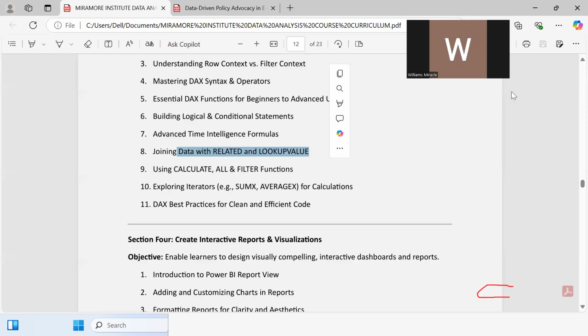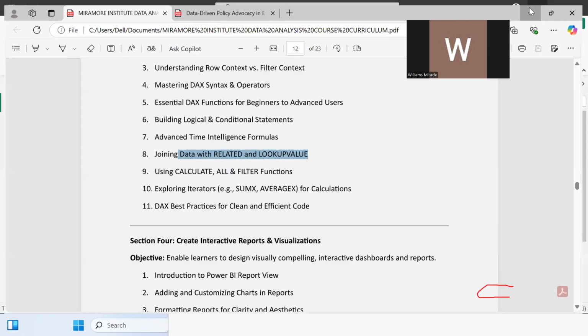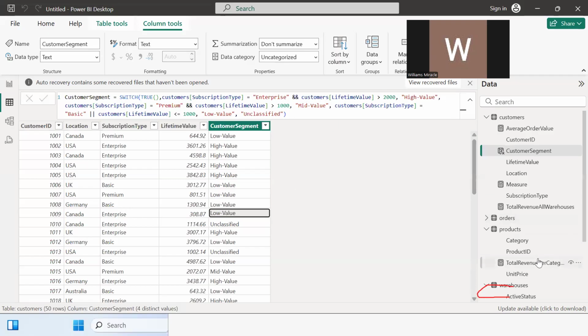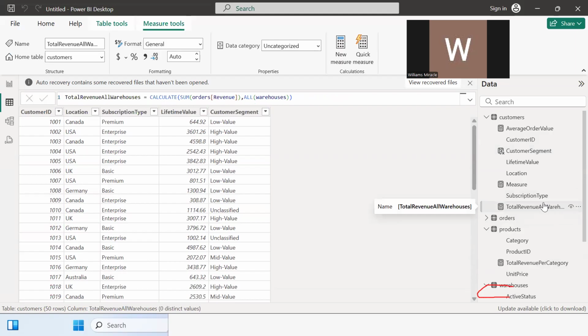Now, before you start to create new columns or measures that we have been doing, it is important. I had to start from the end point to come down so that you now understand why we are doing some things we did, especially why I made use of RELATED in the places that I made use of it. Before we create new columns or measures, it's always important to understand how our data sets